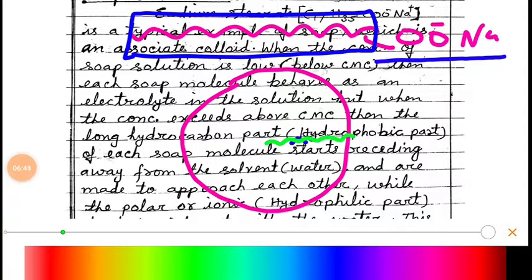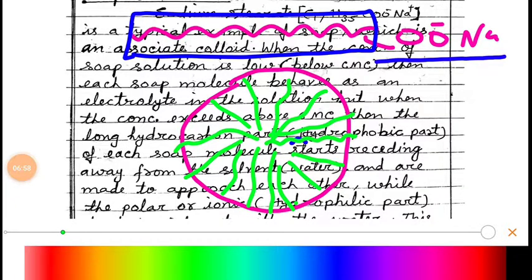oily or dirty spot like that. So this is one single molecule, and then a second molecule, third molecule, fourth molecule, and about 100 to 200 such soap or detergent molecules arrange themselves in a spherical manner and make a whirl, that is घेरा. और इनके जो लास्ट में होता है, that is COO minus Na plus, this wants to keep towards the water. This end of the soap molecule wants to remain with the water. तो outside there is water, so यहाँ पर होता है COO minus Na plus.